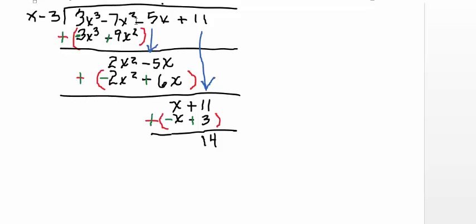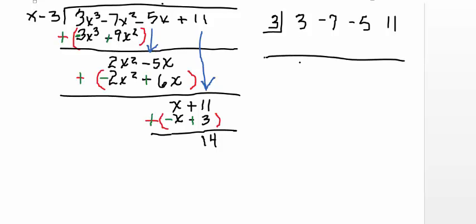And our divisor, x minus 3, is of the form x minus c. And so I can use synthetic division in this case. So my c is 3. C is what you're subtracting from x in the divisor. My coefficients of my dividend are 3, negative 7, negative 5, and 11. Notice how those are merely the coefficients of my dividend. I'm going to draw a line, leaving space between that first row. And I bring down the first term, multiply it by my c, get 9, add,